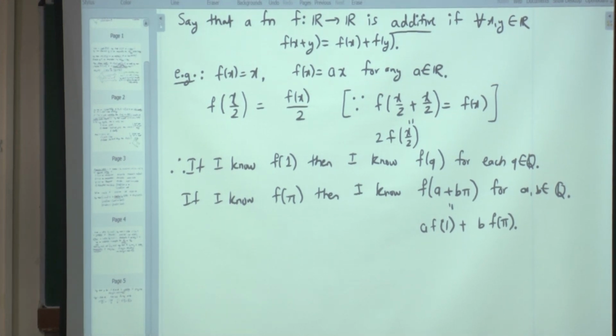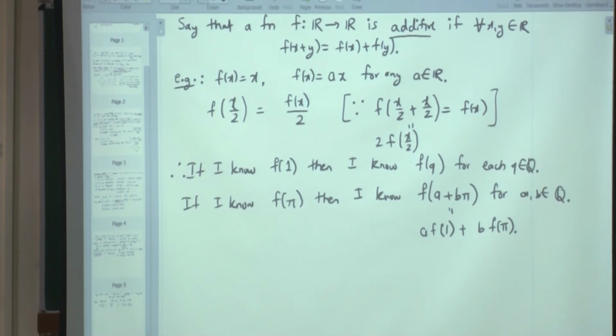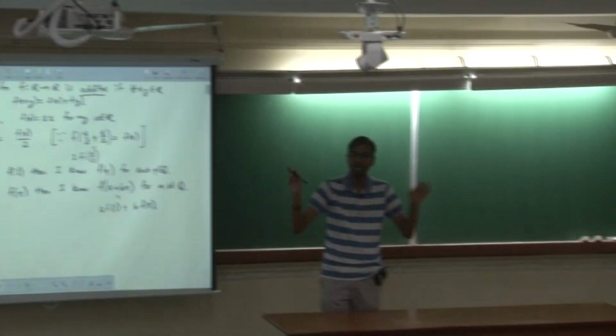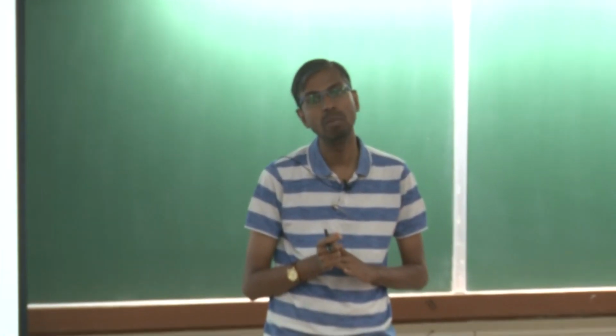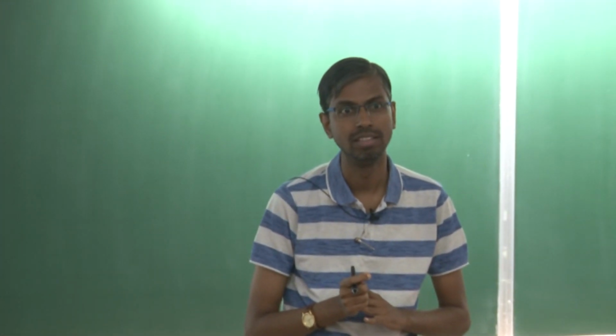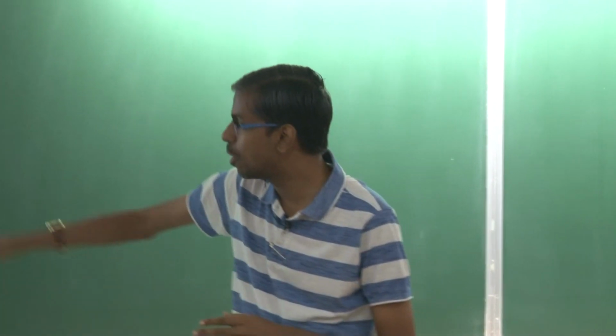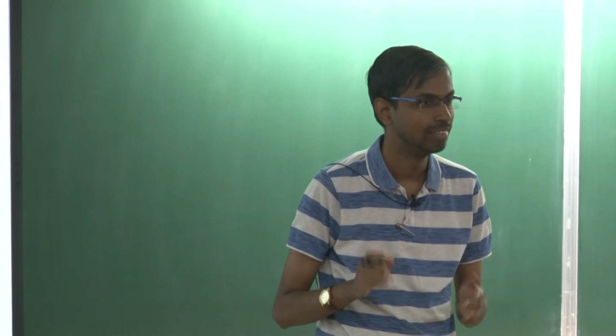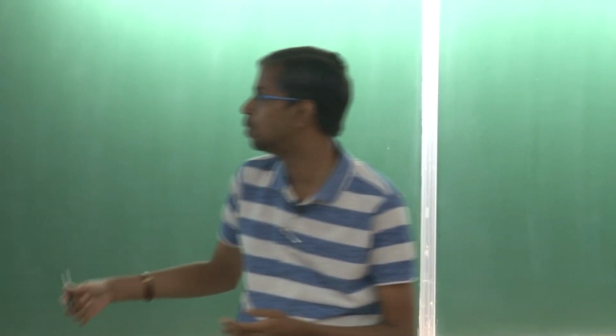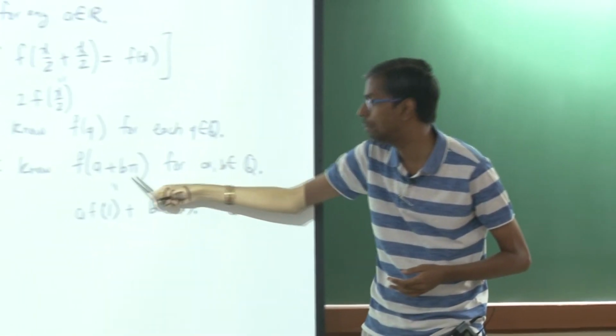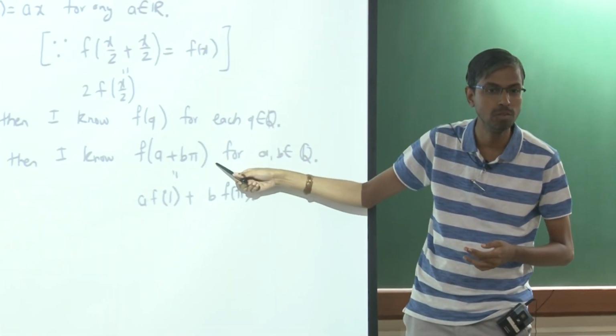Only countably many, right? Because a's are rationals, b's are rationals, so only q square many. So countably many. But how many real numbers are there? Uncountably many. So is this going to fix the value of root 2? No. Yeah. So therefore, if I add root 2, if I say a plus b pi plus c root 2,